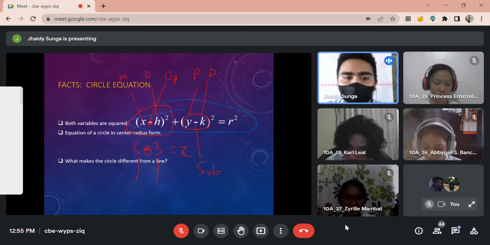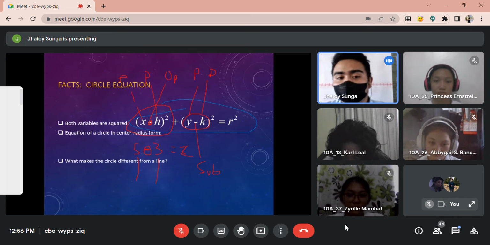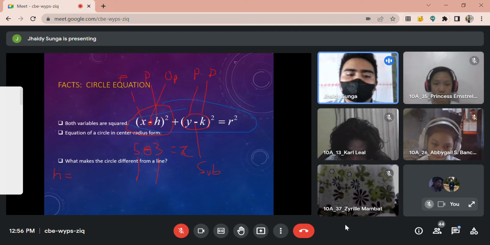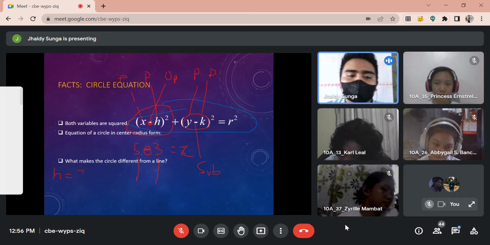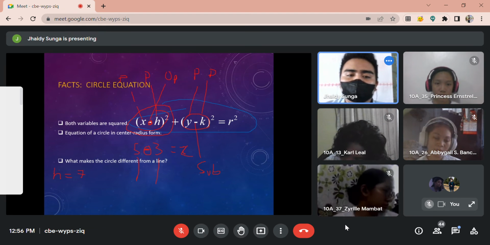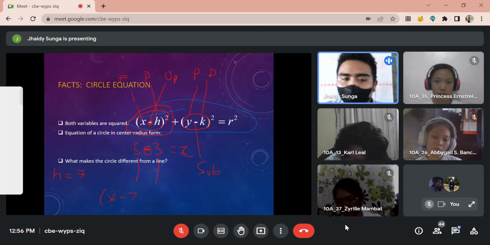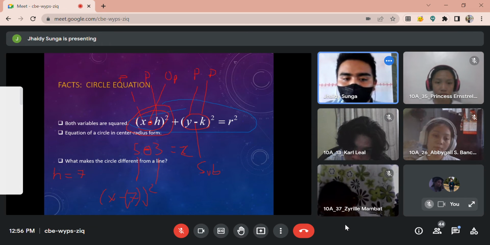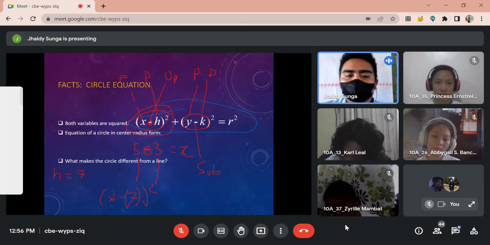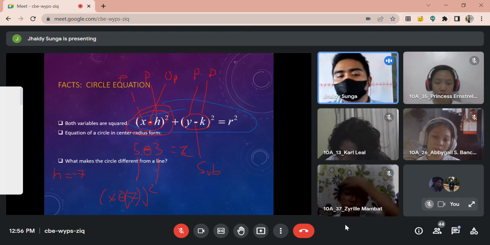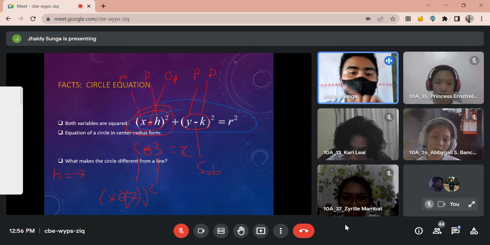So, how will it happen? For example, over h, it's positive h. Now, what if the value of h in here would be 7? So this quantity would be just like this: x, then your operation, 7, isn't it? Just substitute. What if the 7 becomes negative? So you just put negative there. So, knowing that it is negative and you have the operation of subtraction, negative, to negative,